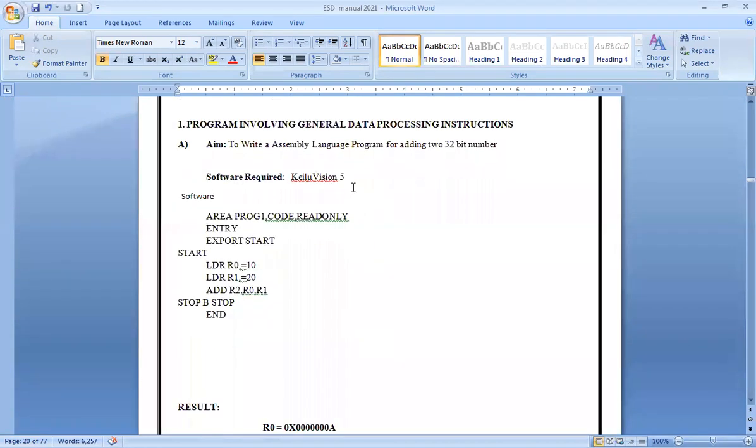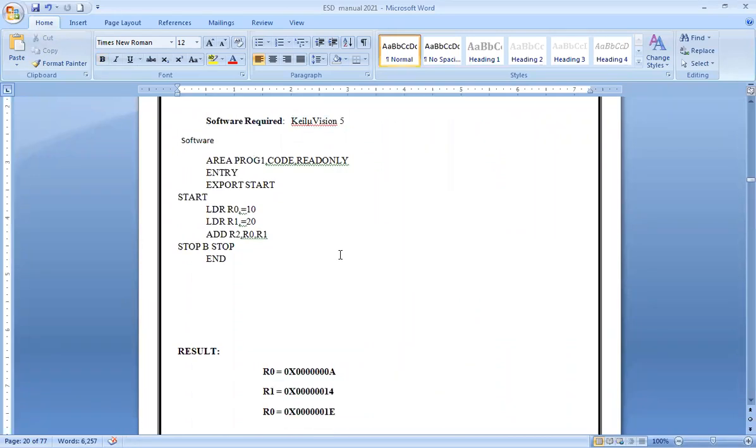Of course we need Keil uVision 5, and the programs are going to be pretty simple, provided you understand how values are passed from one location to another. You initialize the code, then give the data in R0 and R1, and then write ADD R2, R0, R1.